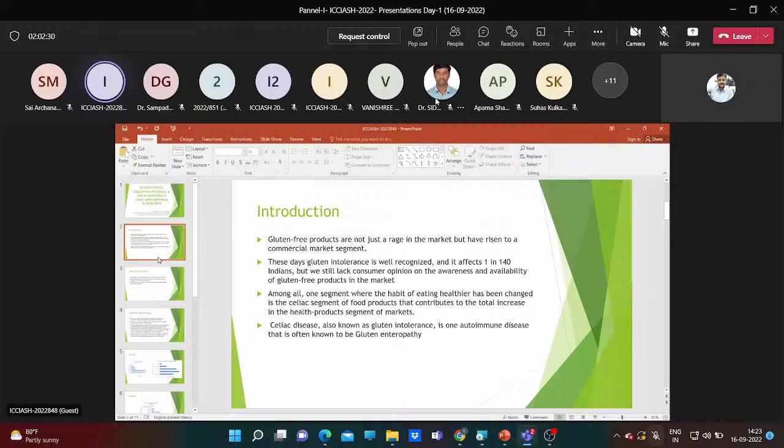So these are the examples. The lifestyle changes and the premium prices for the healthier and improved versions of the products depict a shift in the eating habits of the consumers. That's why they have shifted to these healthier options available in the market. So this made me focus on the important aspects of this study. In the year 2016, Sharma and Mohan highlighted that there was a lack of literature on consumer attitude and trends towards the gluten-free products available in the Indian market. So that's why we chose to